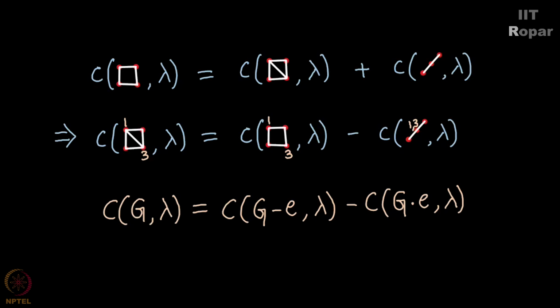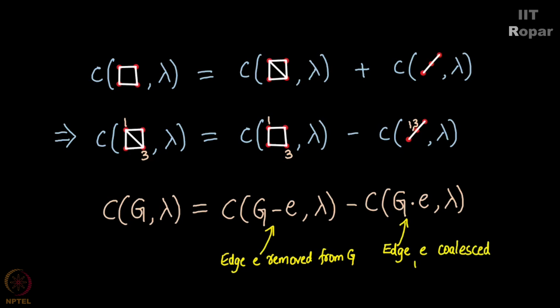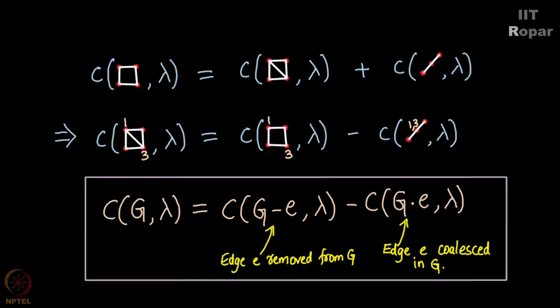So chromatic polynomial of G is chromatic polynomial of G without that edge minus chromatic polynomial of the G with that edge coalesced. This is called coalescing. Okay, you fuse these two vertices alongside the edge. So now you see, let me put this in a square and tell you, I now have devised a way in which chromatic polynomial of a given graph is some difference of two chromatic polynomials of graphs which are smaller